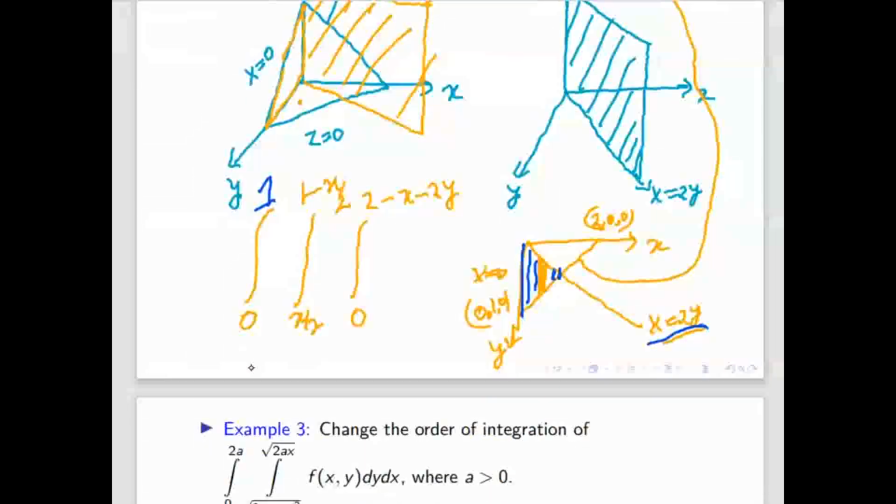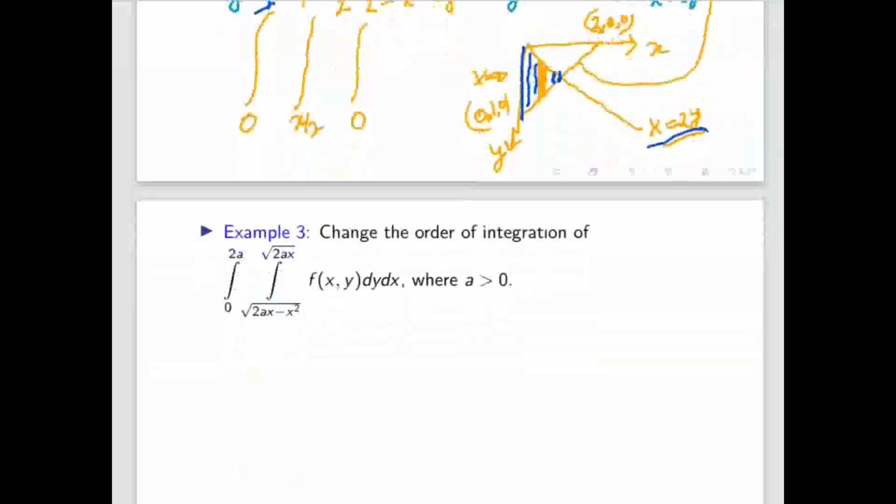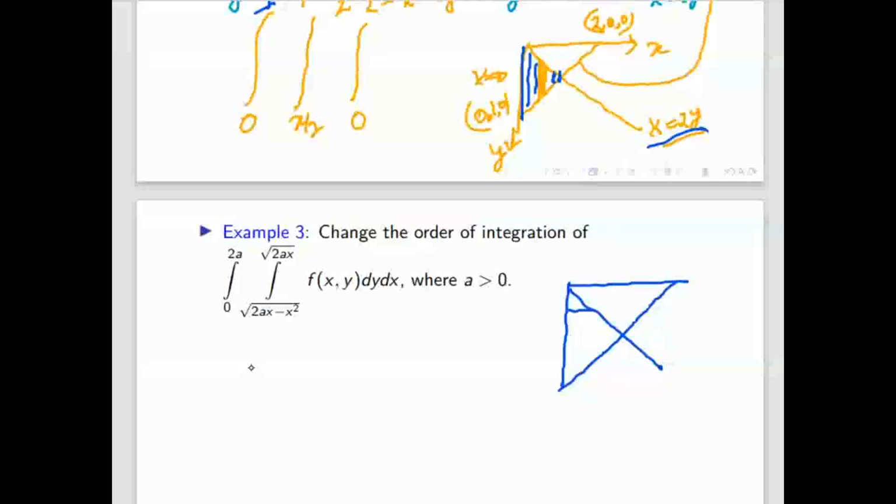Now suppose someone takes a horizontal strip here, then what will happen? I will draw that picture again. If you take a horizontal strip like this, then this side is fixed, but on this side it will hit this line, and once it crosses here, the bottom will change. This is the y-axis. Whenever the point is here, it will hit this line, that means x equal to 2y, but if it is here, then it is changed.